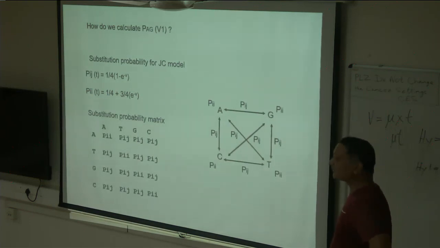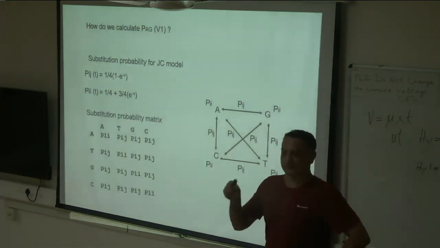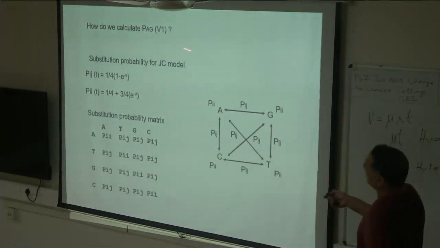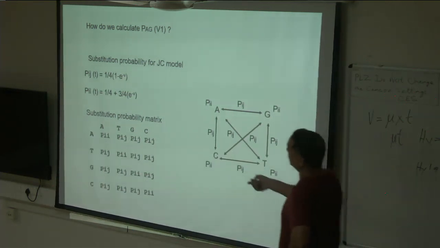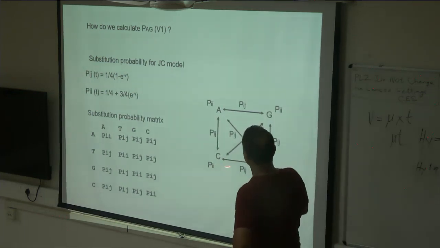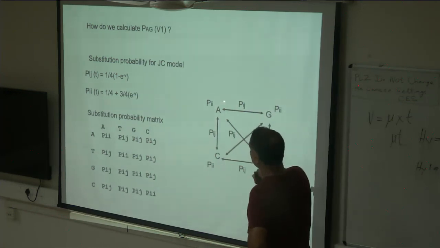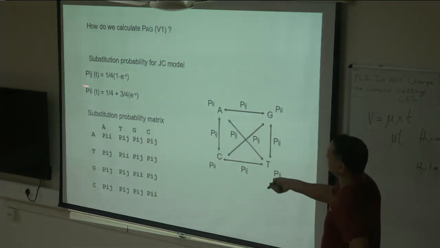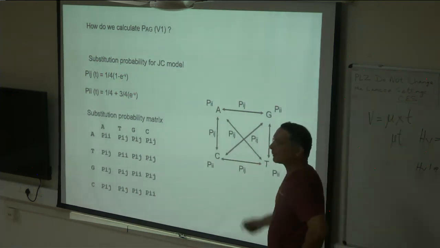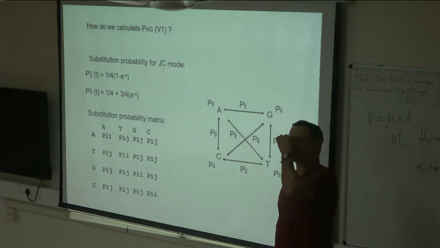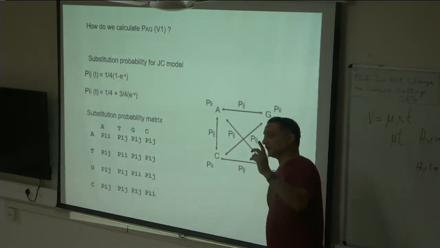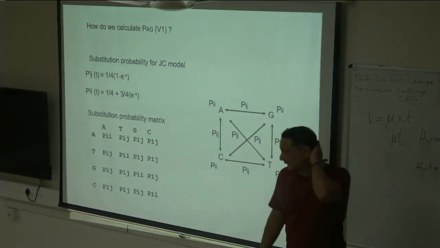Now, what is the probability of change here? That is your model of sequence evolution. That is where the model of sequence evolution comes into play. Remember, we talked about the Jukes-Cantor model and the probability of change, Pij. All these changes are equally likely, and the probability of no change, Pii, is given by that formula. We talked about how we got this formula yesterday. Remember, e to the power minus b is the probability of no mutation. And we get that formula from this sort of a